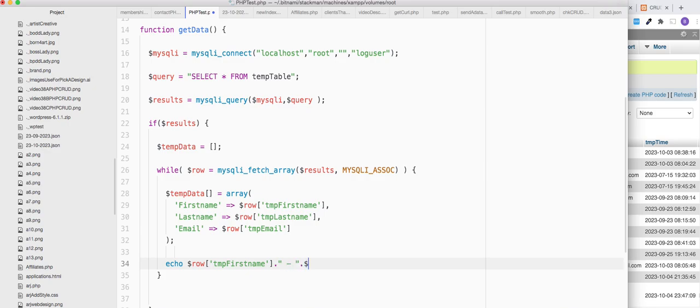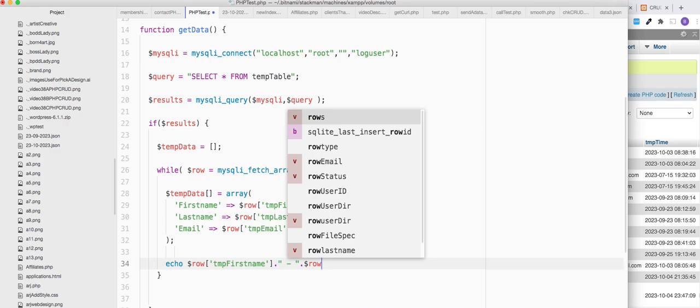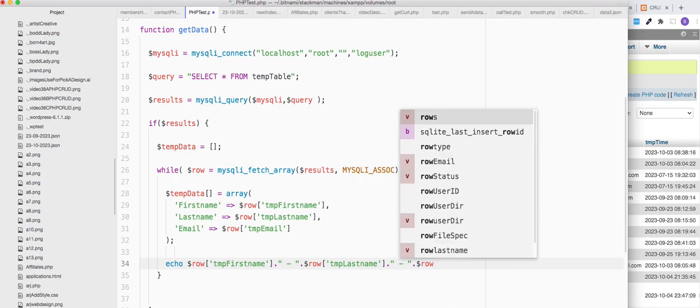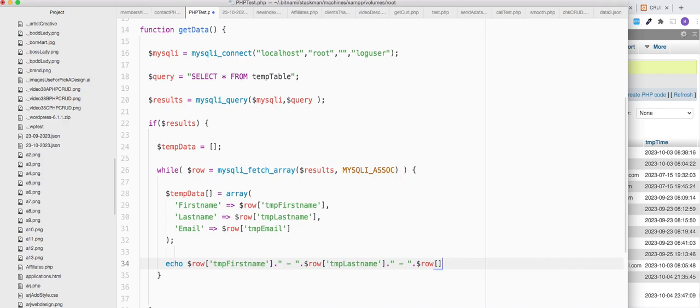We're going to say row temp last name, and then we're going to say we'll do this $row. Guess that would be the, let's add